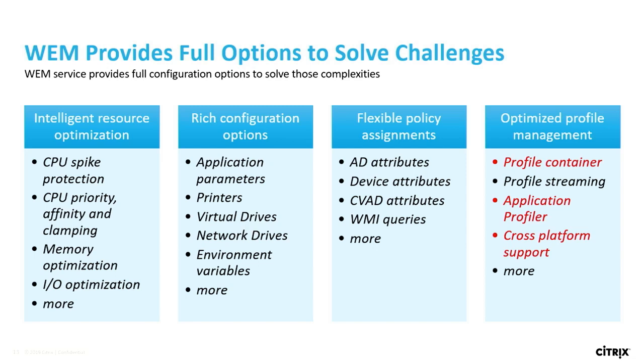Because one of the biggest challenges for slow login is really processing the GPO, right? GPO is pretty slow. And you can convert all those configurations into WEM. And one of the powerful engines in WEM is actually the assignment model, because you can select different attributes to define how those settings are applied to your user. For example, you can use AD attributes, or maybe CVAD attributes. I mean, CVAD is Citrix Virtual Apps and Desktops, right? So you can use CVAD attributes to assign those different configurations to the user, which really gives you flexibility